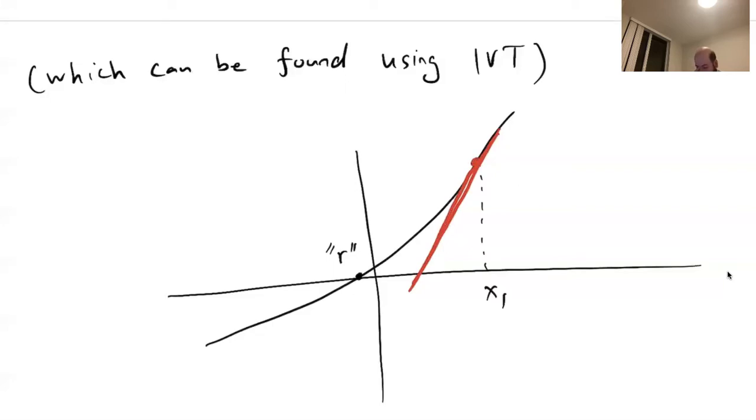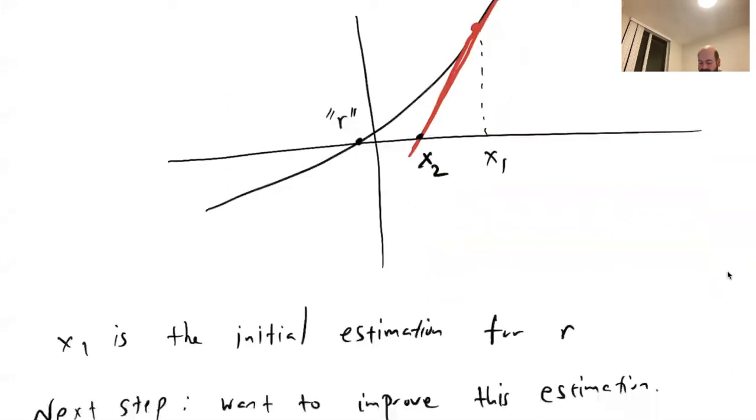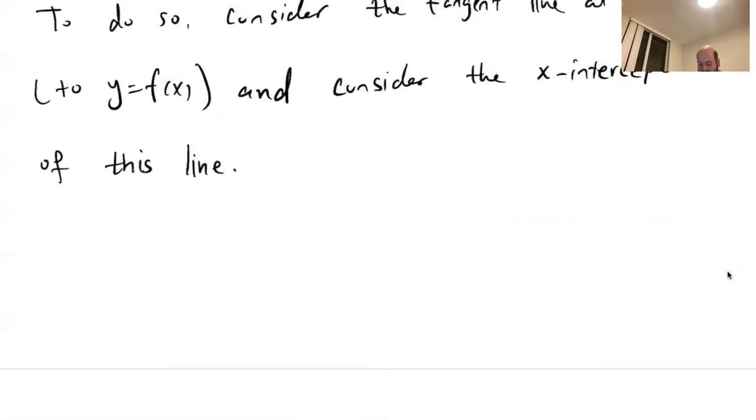At x equals x1, look at the x-intercept of this line. If I call it x2, it is a better estimation for R because x2 is closer to R compared to x1. There is less error when I consider x2 for estimation of R rather than x1. So x2 is a better estimation